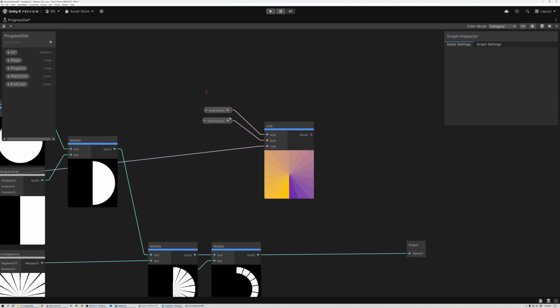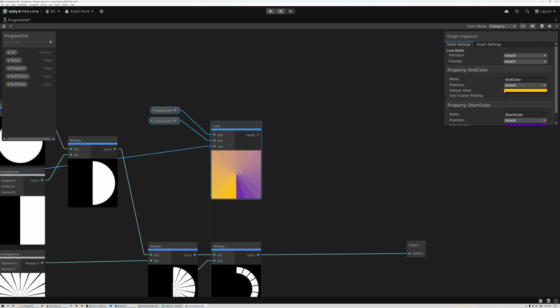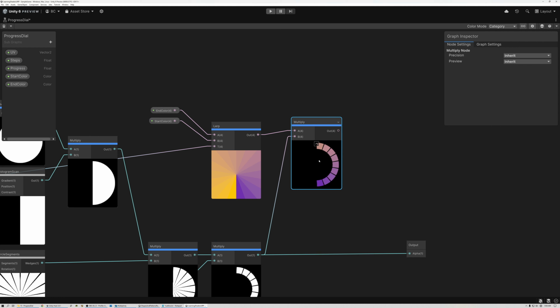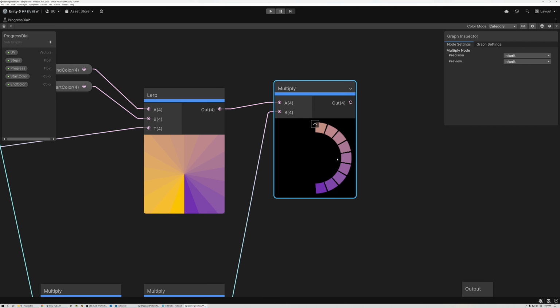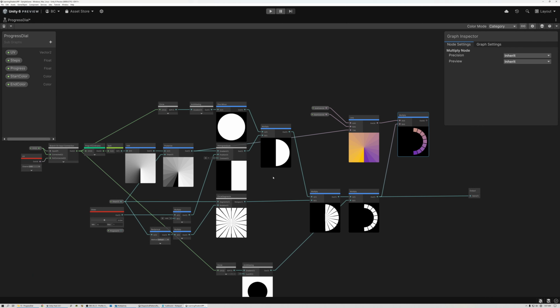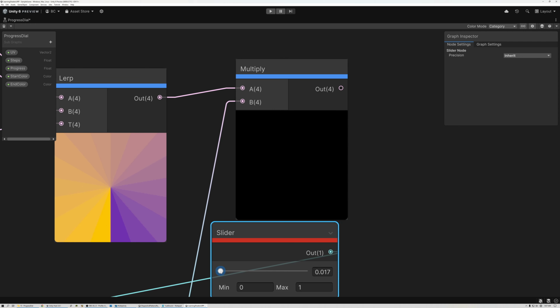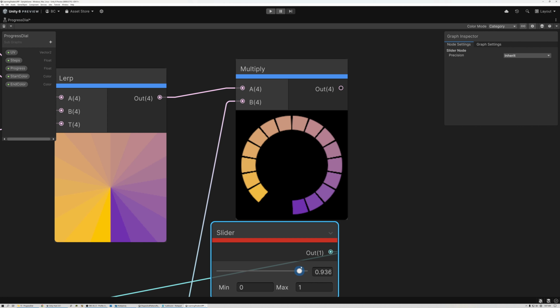So if I just take this gradient here and multiply it by my mask, cool. Now you can see I'm getting my nice progress bar and it's colorized. So let's grab our slider here and bring it over and just make sure that we're getting the results that we're looking for. So we're starting out purple, and as we go around the circle, we get to a value